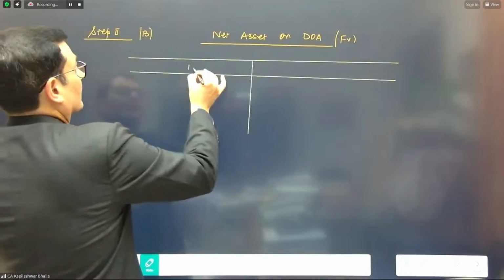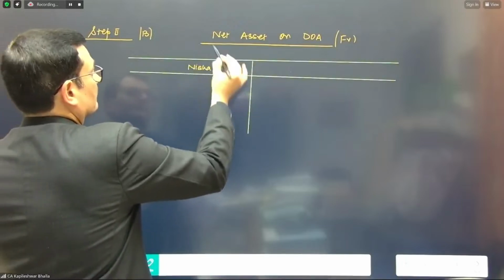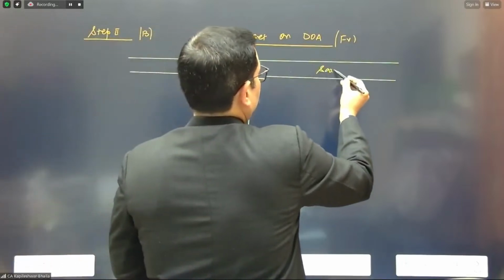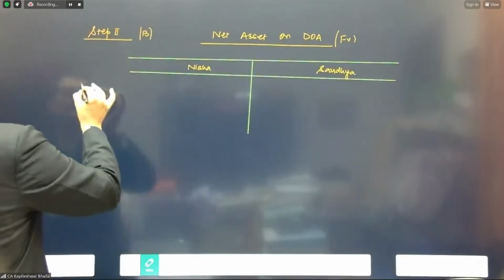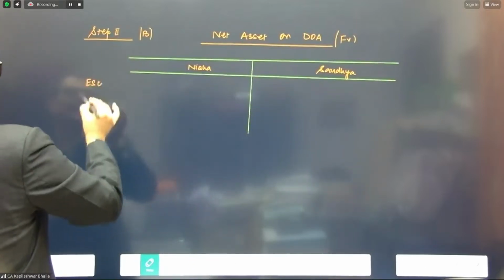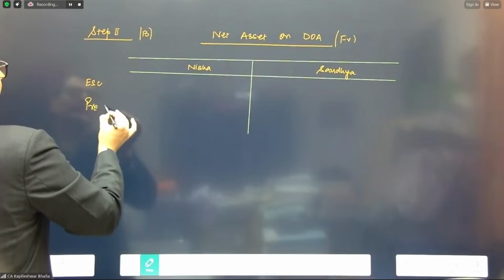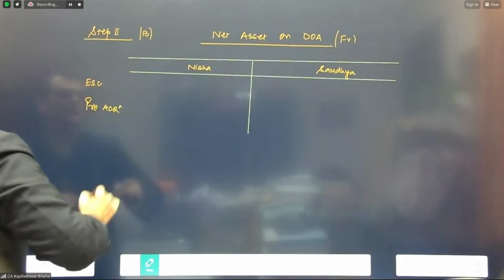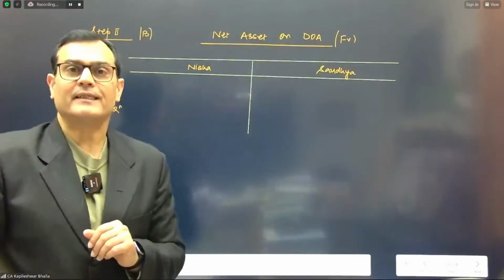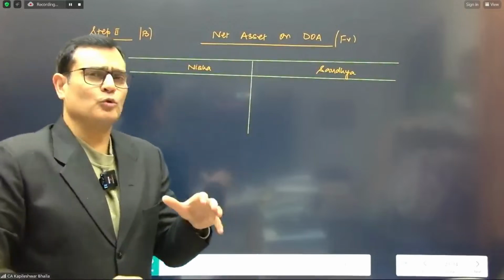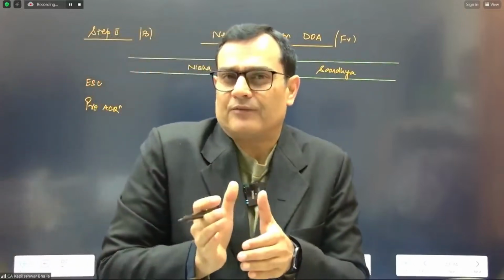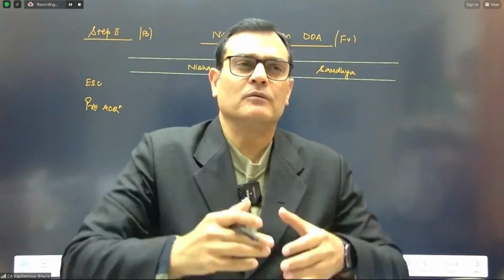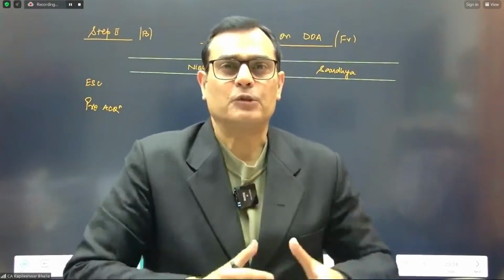So we need this for Nisha as well. And we need this for Sandhya as well. And we're going to consider this as a sum total of the equity share capital and the pre-acquisition profits. On that basis, we're going to get the net assets as well. And it's good to organize the data of both the companies together so that at least you save a lot of time. Otherwise, you keep doing a separate note for each one of them.